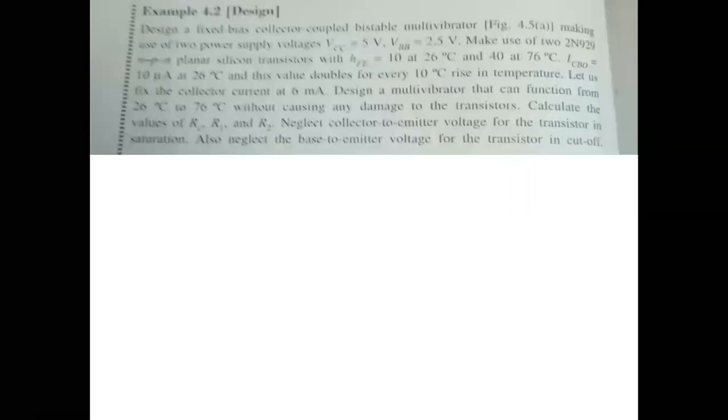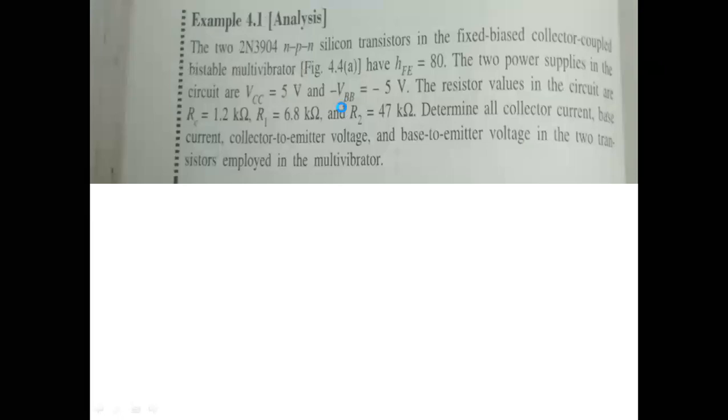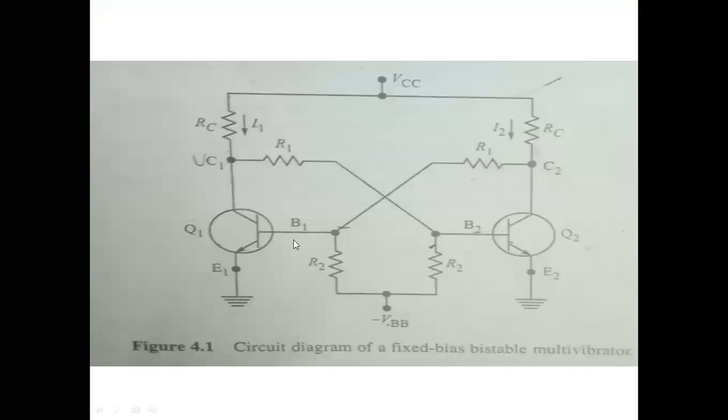The difference between the second sum and the third sum: both are design concepts. In both problems, we are designing R1 and R2. But in the second sum, we considered the ICBO leakage currents and solved the sum. In the third model, we have not considered the ICBO leakage current. If you do not consider the ICBO, then assume the VBE voltage, if in the question they have given it, then you can take it.